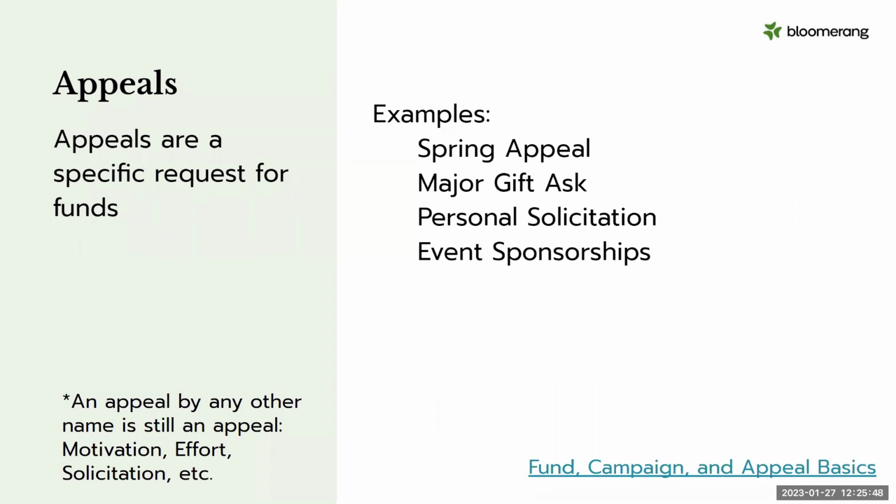Whatever you decide on, be consistent. Talk amongst yourselves and document it. If you're going to put a date on your year-end appeals, make sure you're putting a date on all your year-end appeals. If you're going to have just a sponsorship appeal, just make sure you have a sponsorship appeal. Take a look at what's in there, even what's deactivated, and you can use that as a guide for how to move forward in your next fiscal year.